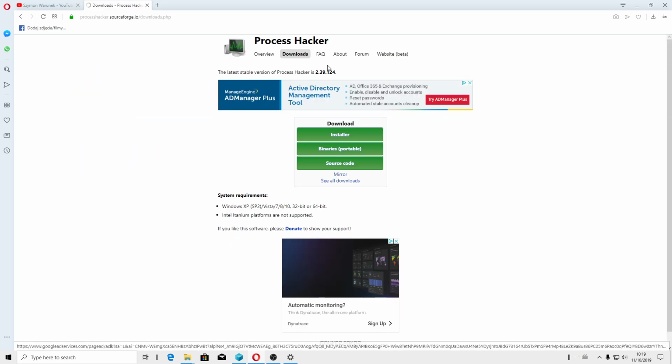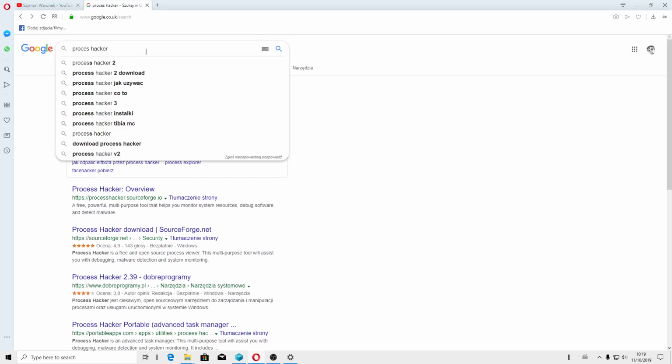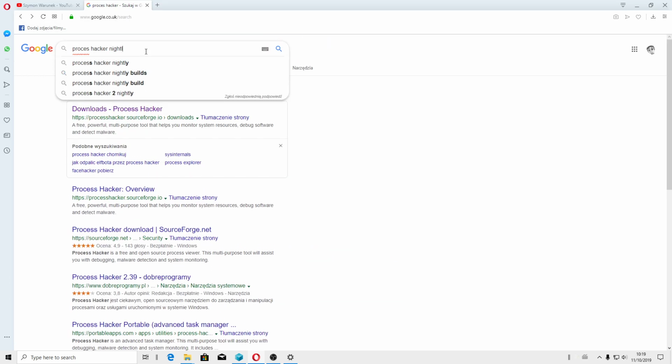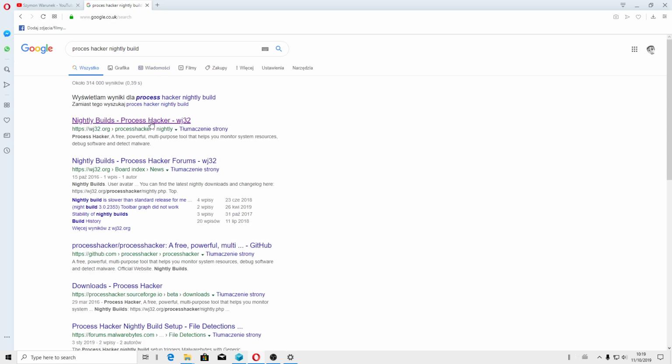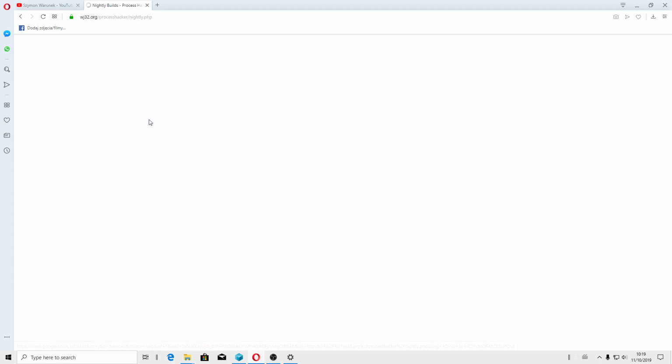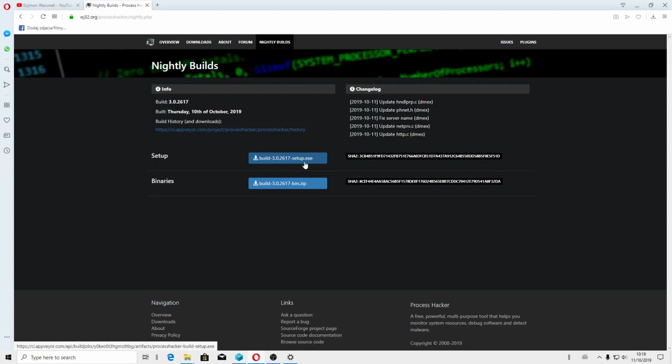That is why I'm using this. But you had better use the newest. Why nightly builds? Because they are the newest and they have new features. I highly recommend